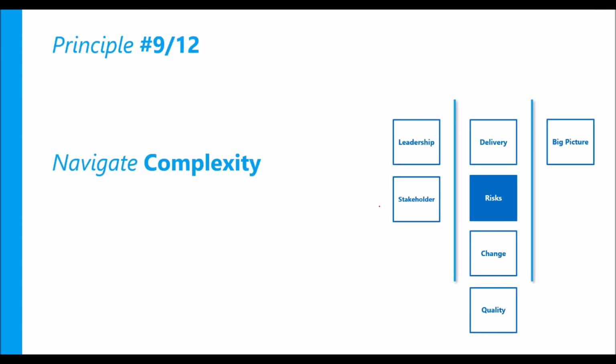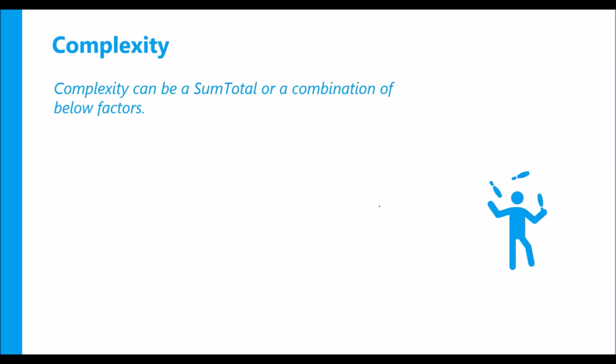The ninth principle is navigate complexity, and this is more relevant in today's world, right? So we are running in a high competition environment, and we typically run into requirements that are complex. So what is complex, right? There is no standard definition for complexity, particularly with project management, but we can derive it based on certain factors. So it can be the number of subsystems, right? If a project has a lot of subsystems, subcomponents, for example, the complexity obviously increases because they interact with each other.